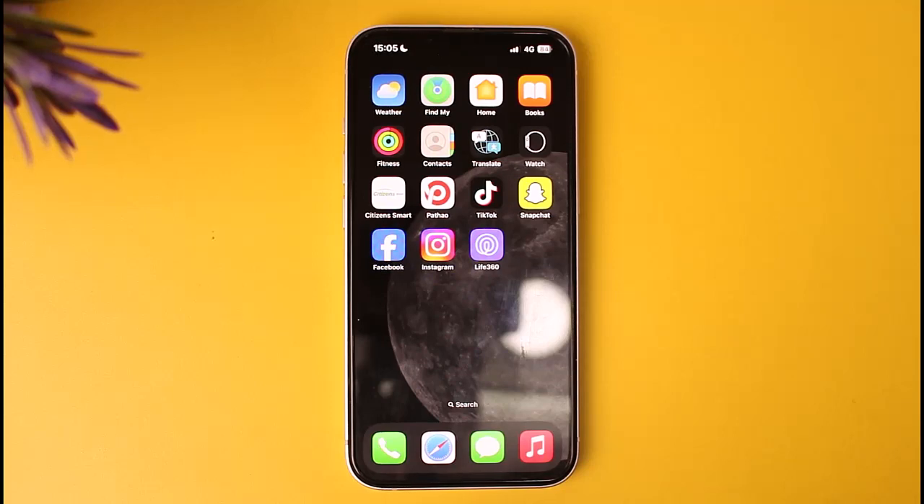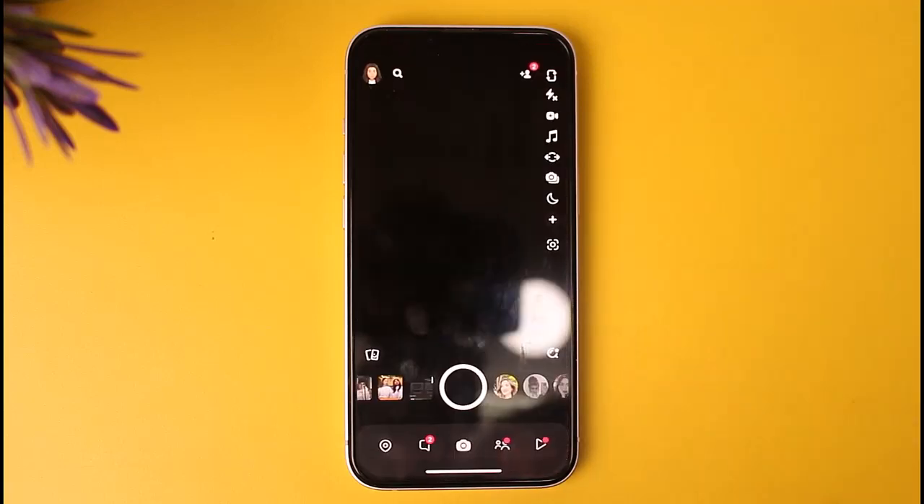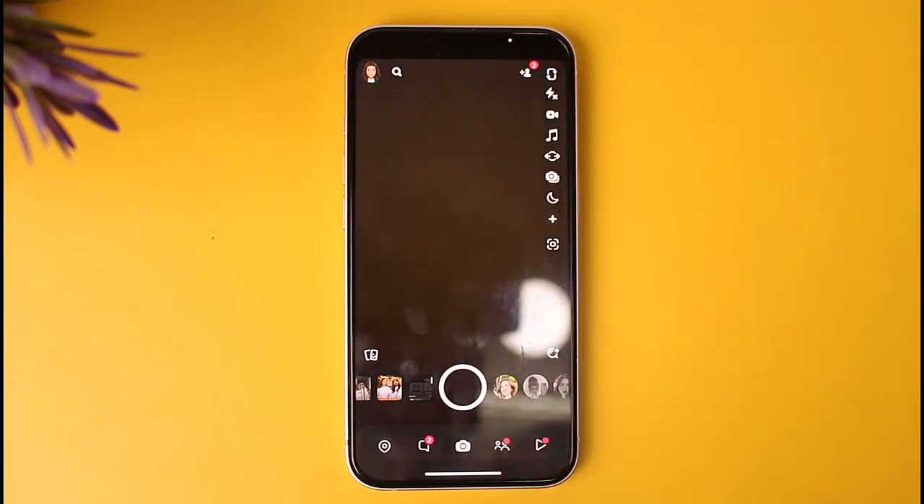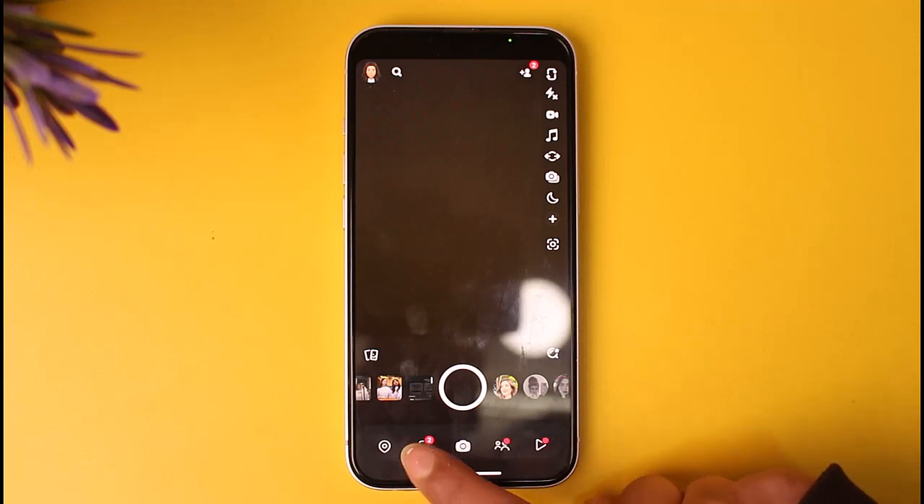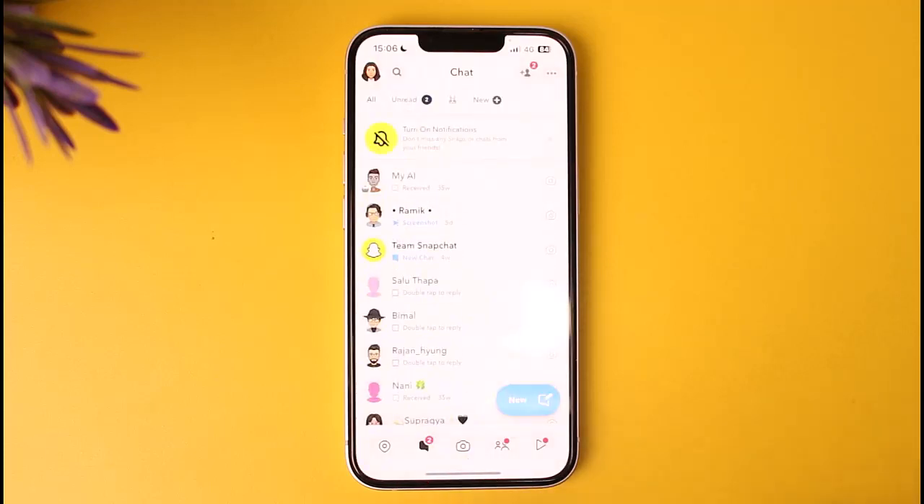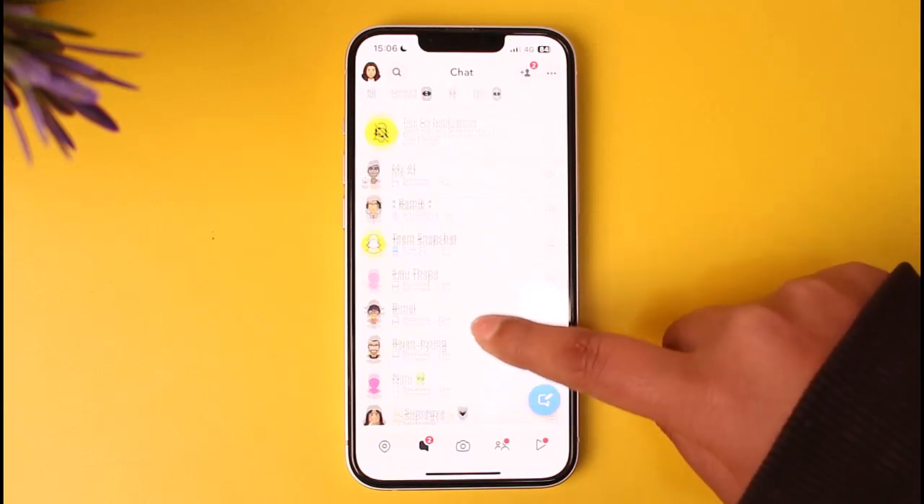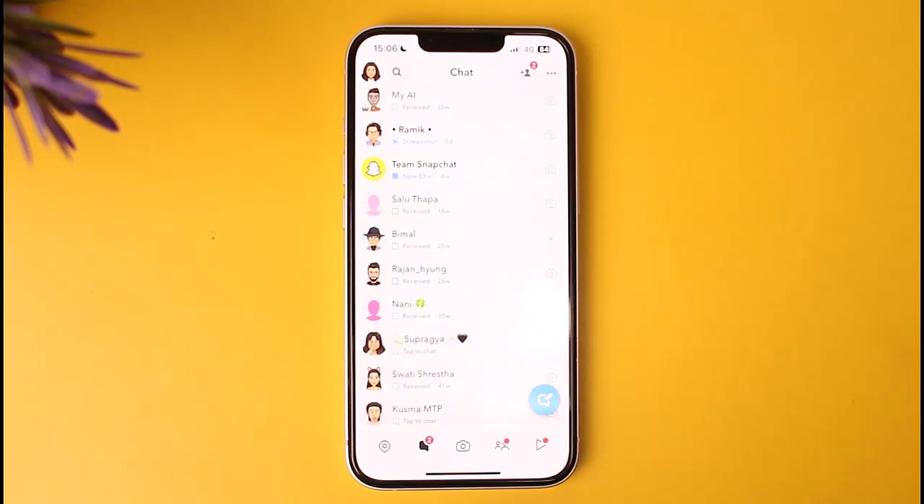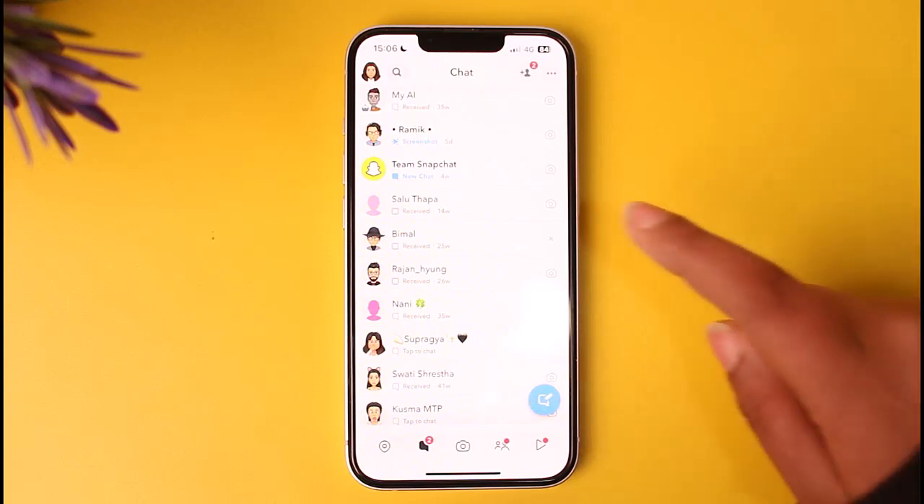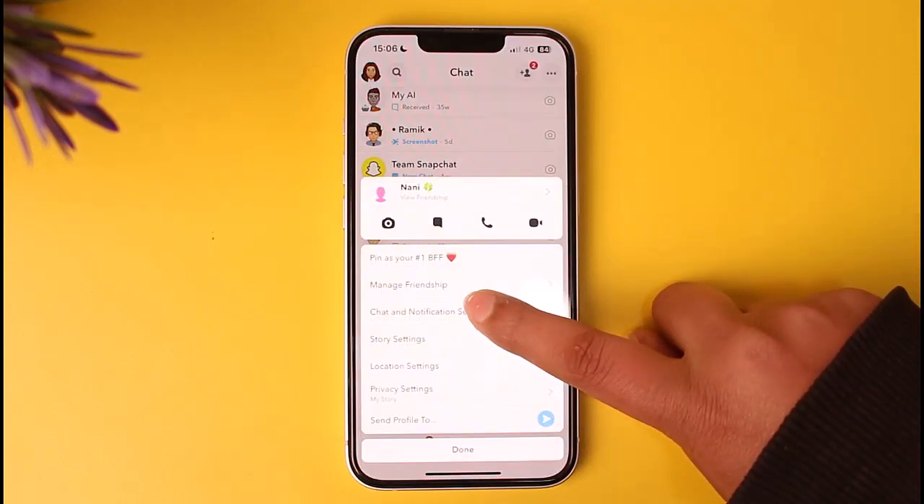Let's get into it. So for that, all you have to do is first of all access your Snapchat on your mobile phone. Now right over here you can see there's a chat icon beside your camera icon. Simply tap on it. Now you will be able to find all of your friends and the chats. If you would like to unpin someone, first let's go ahead and tap on a particular user, and once